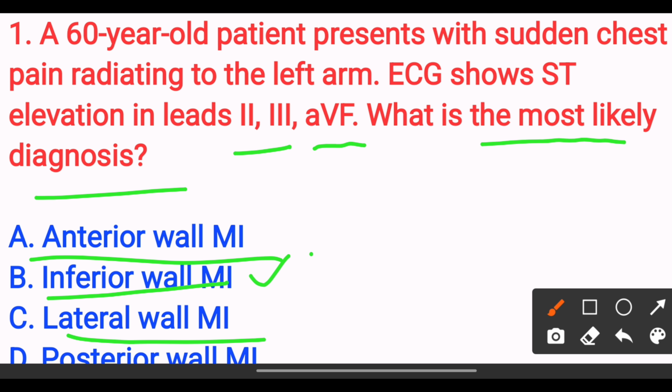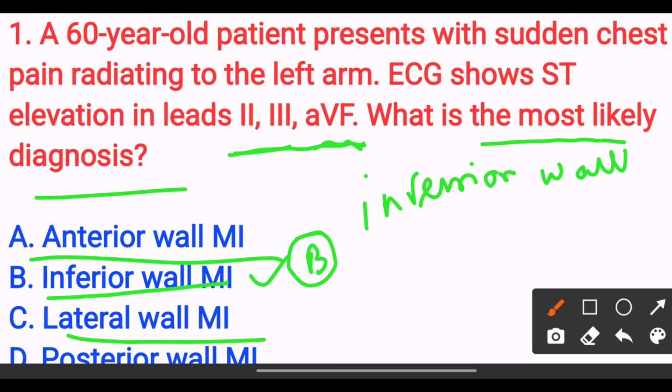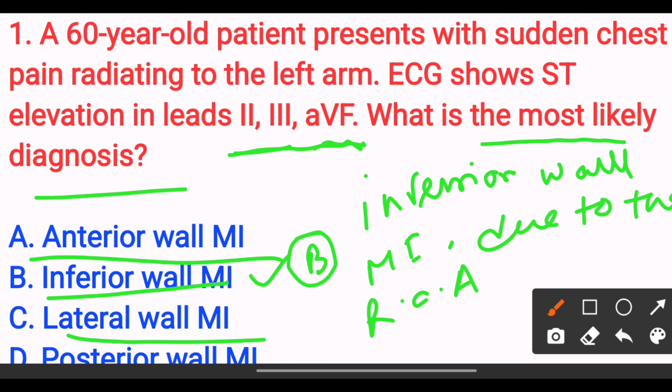The answer is option B, inferior wall MI. Because ST elevation in leads 2, 3 and aVF indicates inferior wall myocardial infarction, commonly due to right coronary artery occlusion. So the answer is option B, inferior wall MI. Next,